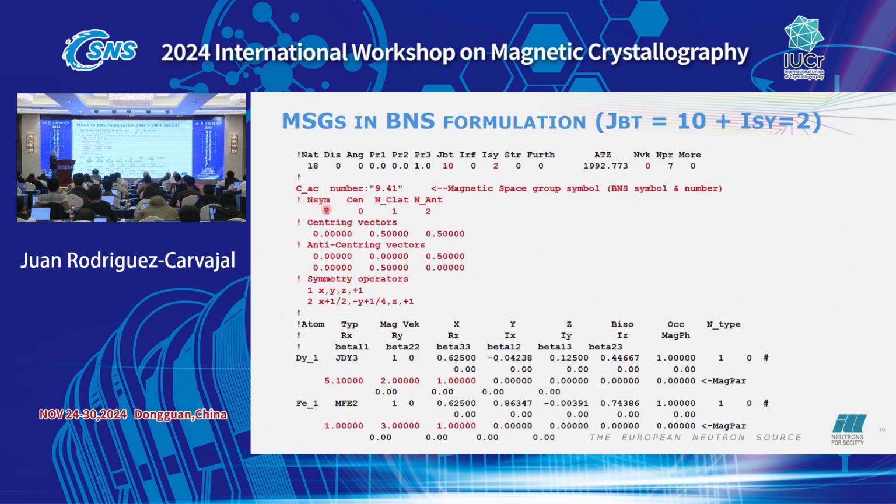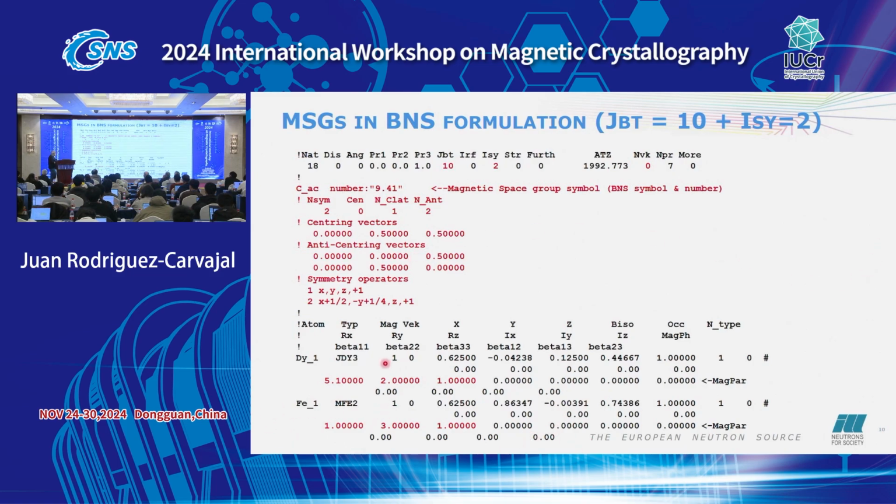You have a number of independent symmetry operators here, and the number of centering lattices, centering vectors. There is one centering vector, 0, 1 half, 1 half. That corresponds in fact to the propagation vector in that case. Here is the number of anti-translations. This is the propagation vector in such case, 0, 1 half, 1 half. But these are the anti-translations, and here you have the symmetry operators. With this information, the program constructs the full group and then refines.